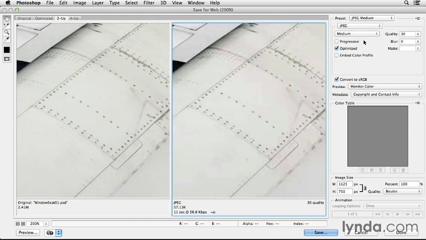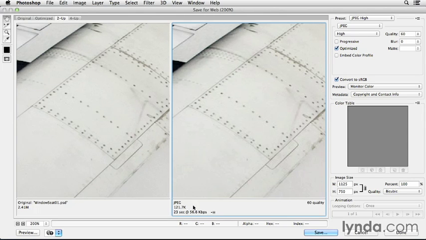So let's change this to medium. And we can see that it is getting better. But I'll go ahead and move this over to high. So I think I could be happy with the high setting. Let's move it to very high. I really don't see much of a difference there at all, so I'm going to scoot back to high. But it looks like my file size is still fairly large. It's 121K. If I was going to use this as a web graphic, I would definitely want to get it